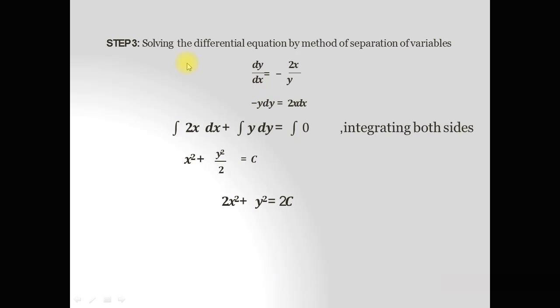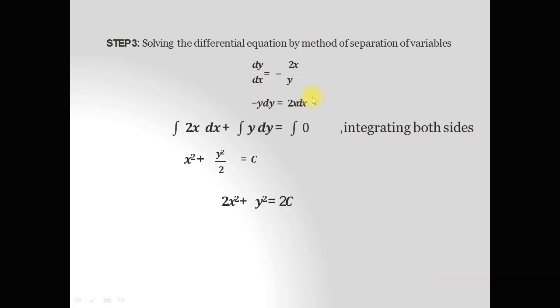Now in the second step, to find the algebraic equation, solve this differential equation by separation of variables. Here we can use separation of variables because this equation is easily solved by it. So using the cross product, minus y dy is equal to 2x dx. Now taking integration, we obtain the integration of 2x with respect to x plus